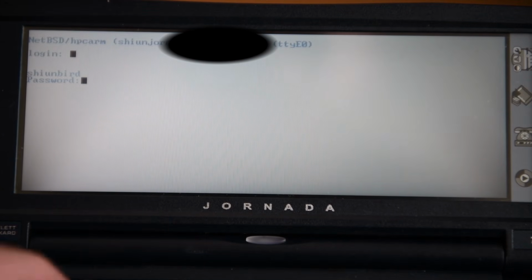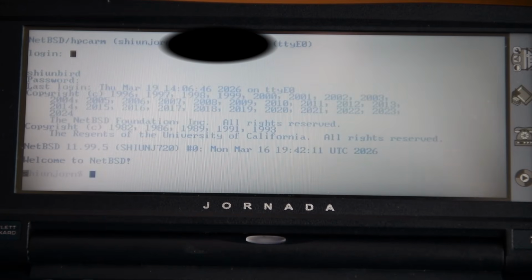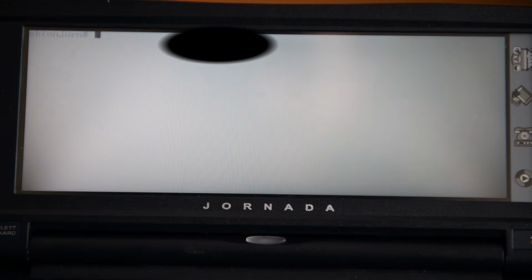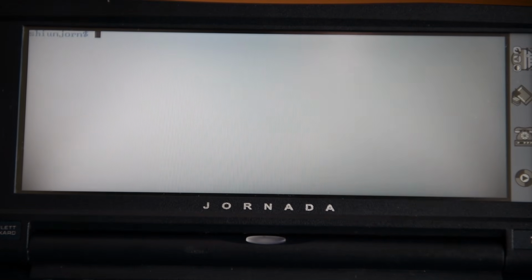So like any Unix Linux system, you enter the username and the password and you're greeted with the message of the day, here with the custom kernel I built for this, and yeah, a prompt. So we clear it now